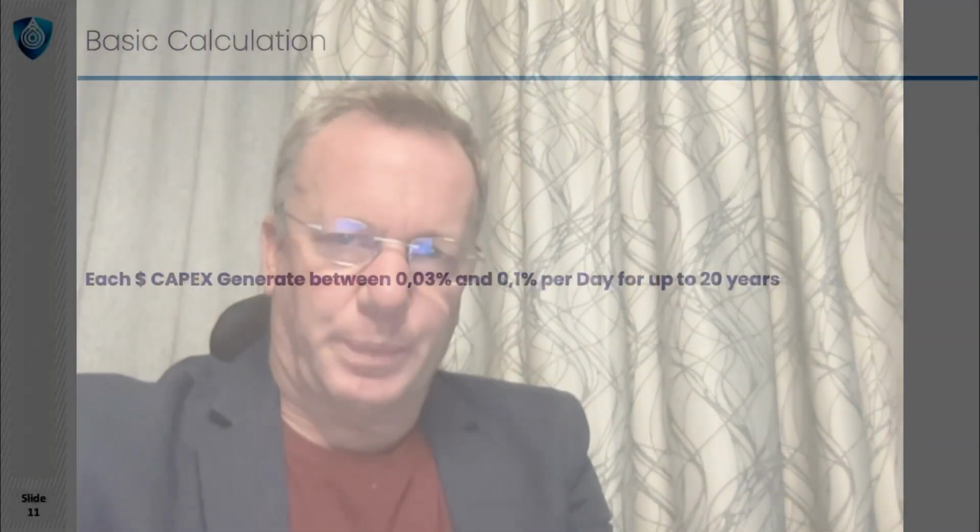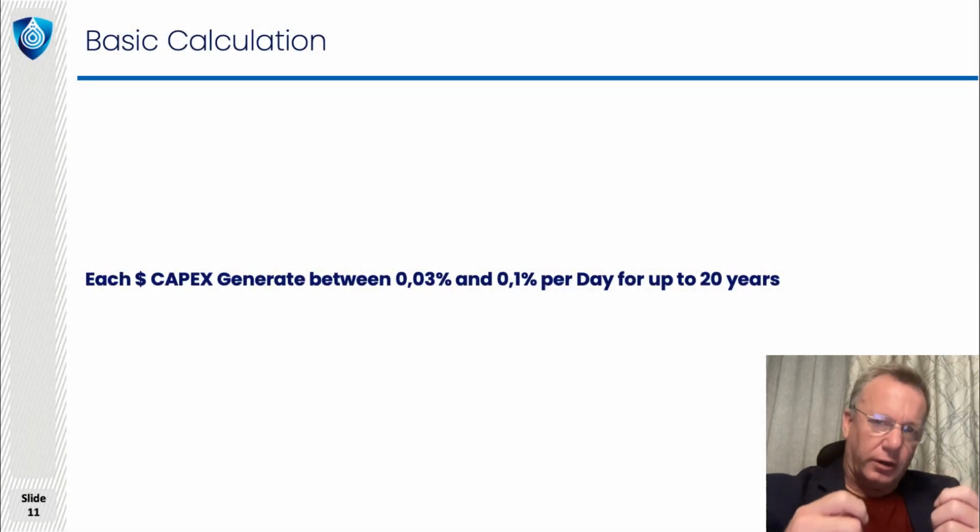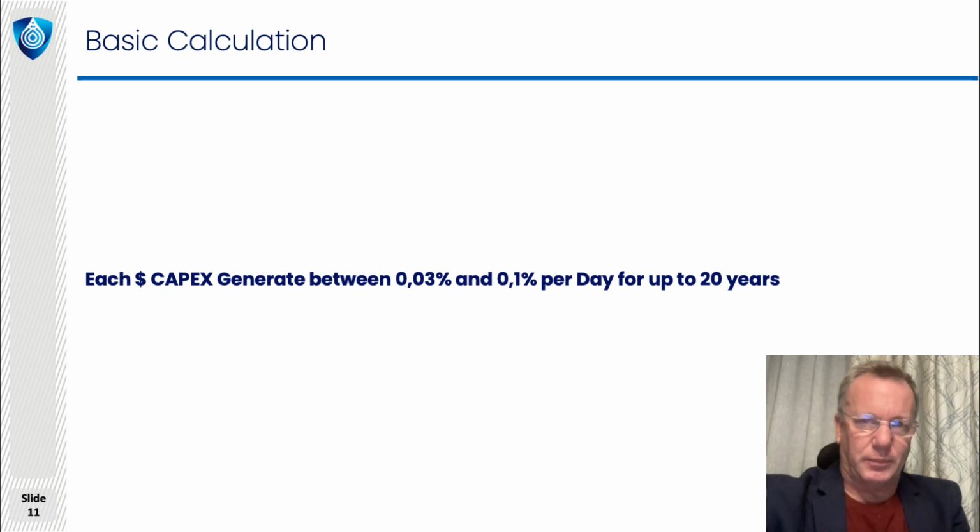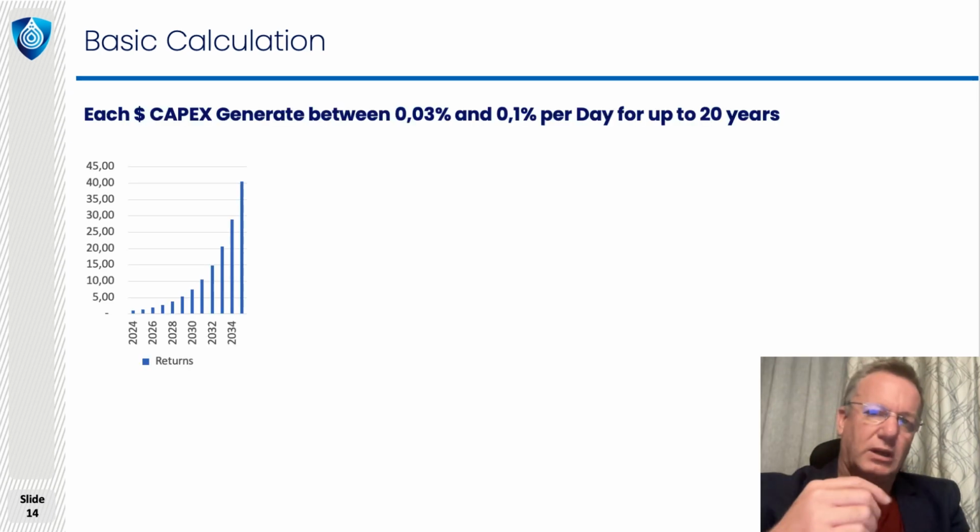Let's look at our token economics, and I'm going to make it as simple as possible. On every dollar that we invest in capital equipment, or CapEx as it is called, roughly between 0.03% and 0.1% is returned on a daily basis as the plant produces water, as yield to the company. That range of 0.03 to 0.1% depends largely on the kind of technology being used, the environmental conditions, the types of water, and so forth. You can imagine if you have a business such as ours where you keep adding water plants more and more, that daily yield will grow more and more over a period of time,